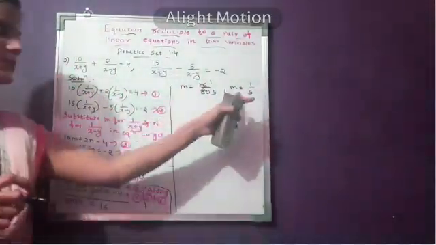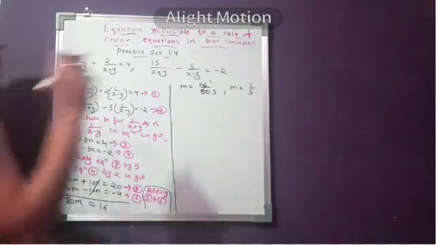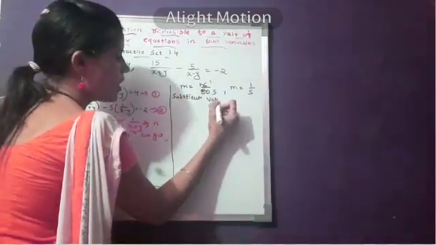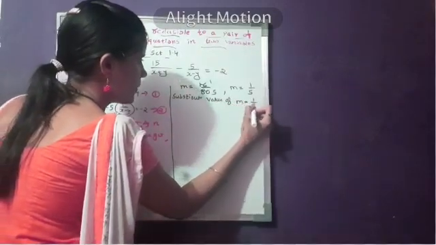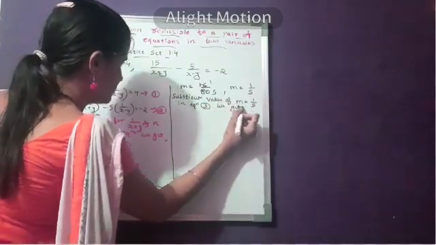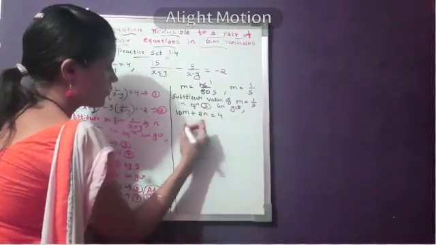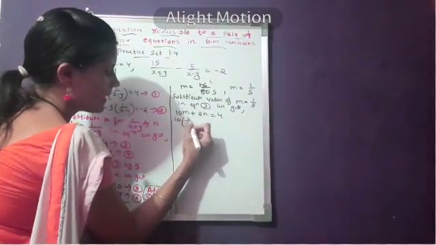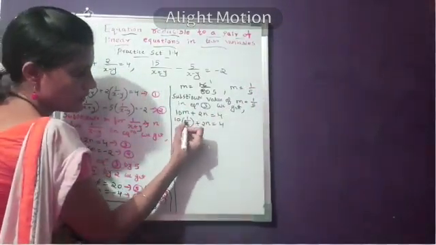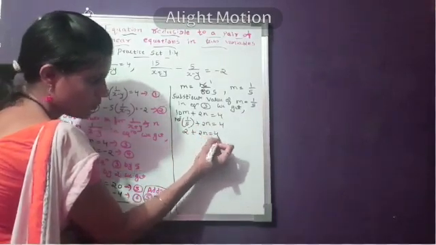Now what you have to do, you have to substitute this in either equation number 3 or equation number 4. Substitute the value of m equal to 1 upon 5 in equation 3. Once you substitute in equation number 3, 10m plus 2n is equal to 4. So 10 into m, that is 1 upon 5, plus 2n is equal to 4. So this is 10 divided by 5, which is nothing but 5 1s are, 5 2s are, so 2. 2 plus 2n equal to 4.